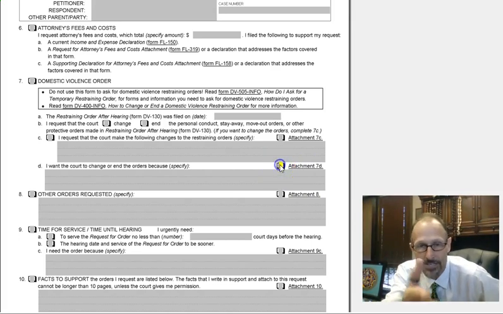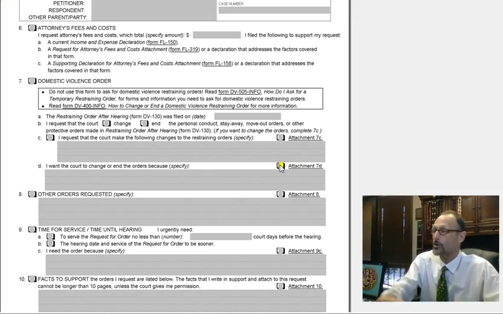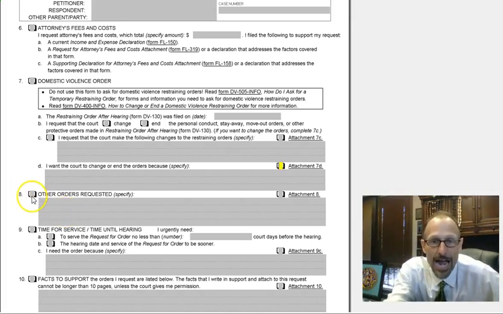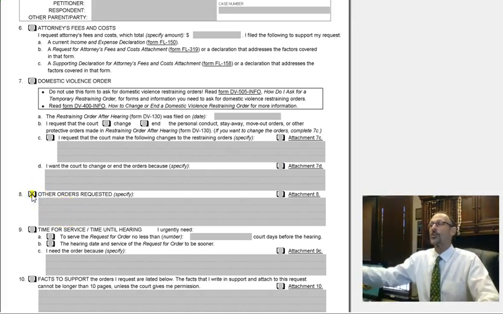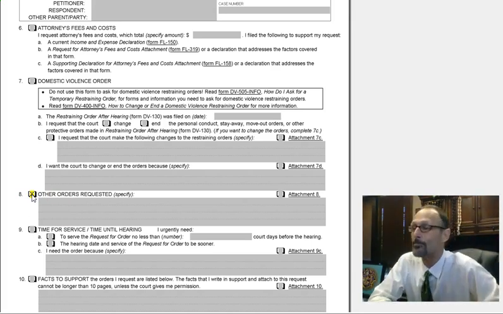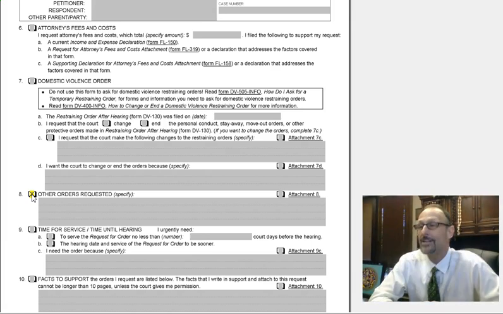Whichever you want to handle. If this is enough room right here to explain to the court, that's fine. If you want to explain more, you can do it on an attachment and call it attachment 7D. Okay? If you are asking for any other orders that aren't specifically laid out in this form, for example, the